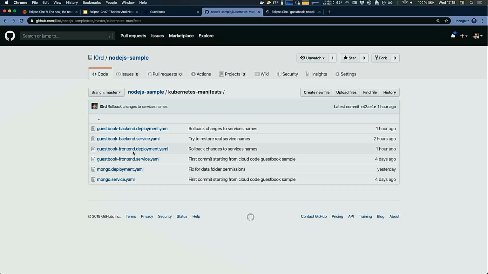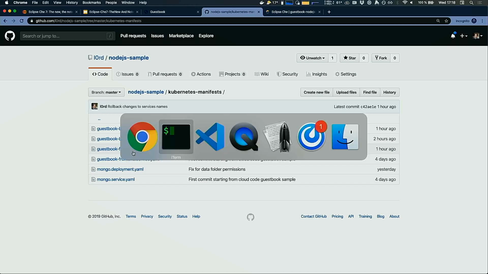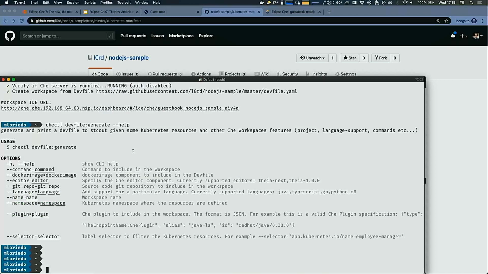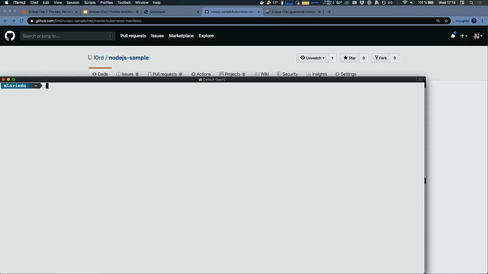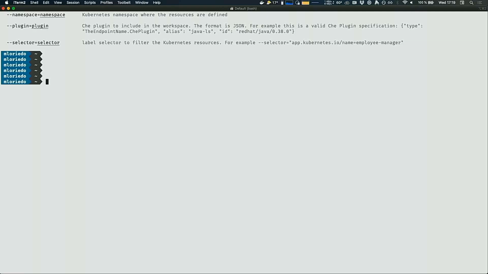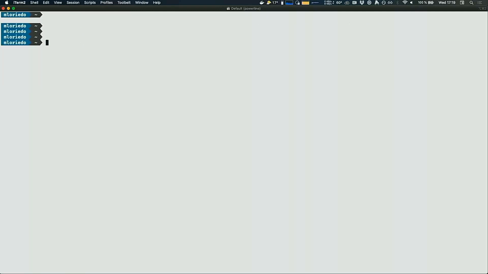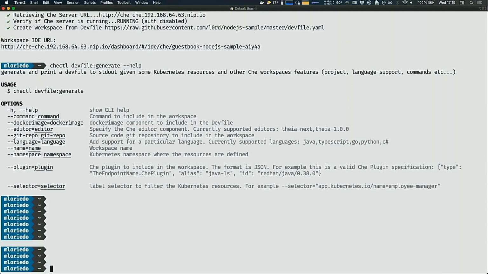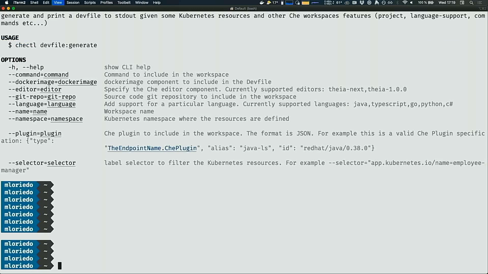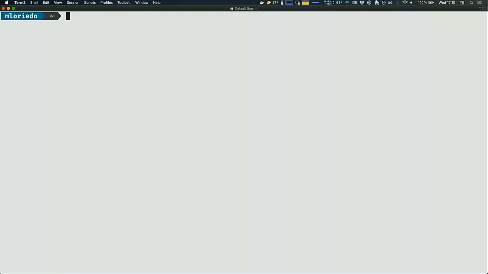What we'll do is that, that's exactly what is deployed now on my local machine. I'm running Minikube locally.